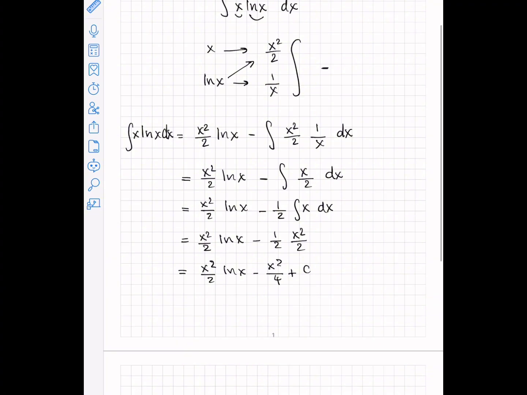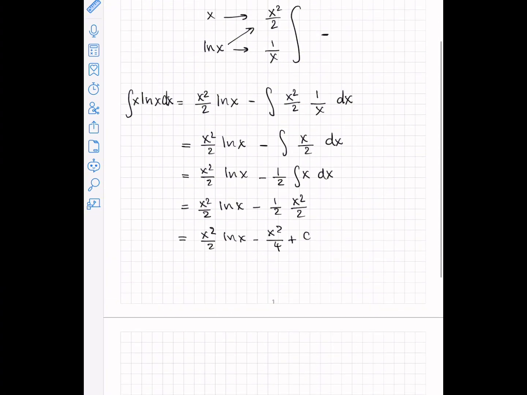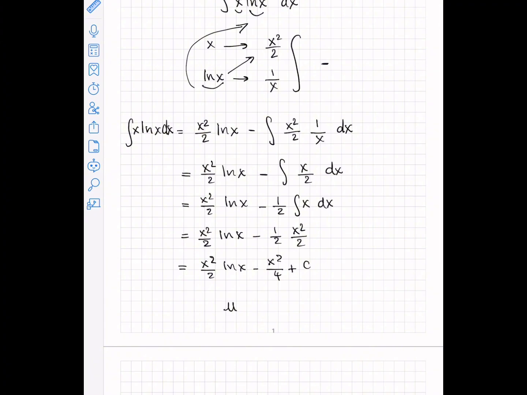So the rule is, I give you an easy way to find the solution, but the rule is we took ln x, which is the same function here, let's call that u, and then x we multiplied by the antiderivative of x, so let's call that v. The antiderivative of x, so x is the derivative of this, so that's dv. So the integral of u dv, let's write it u dv better,